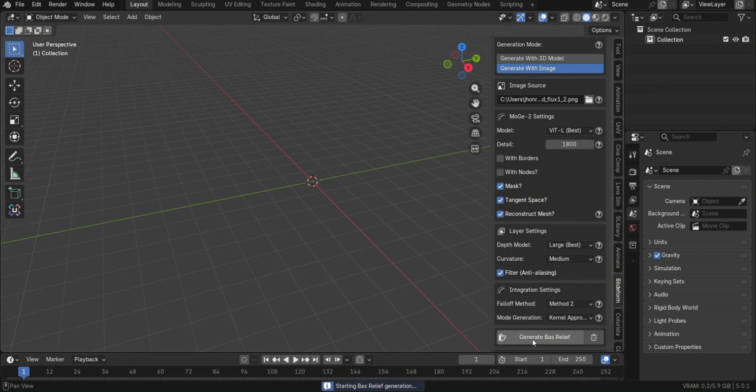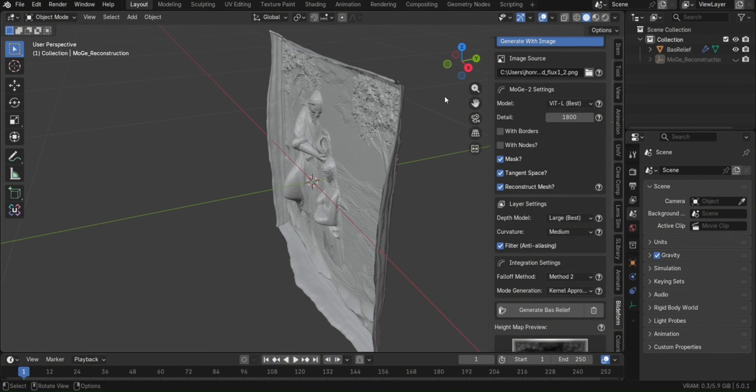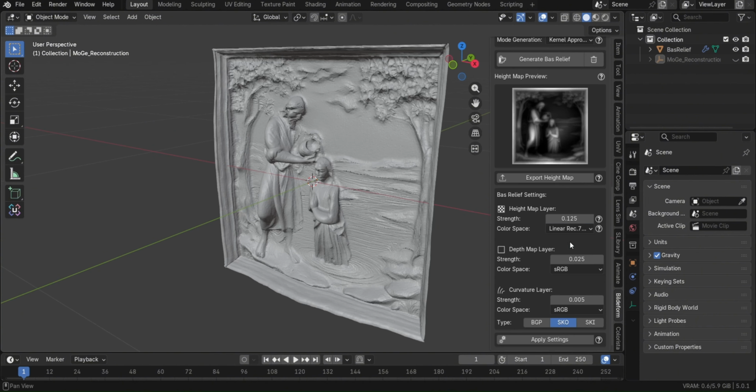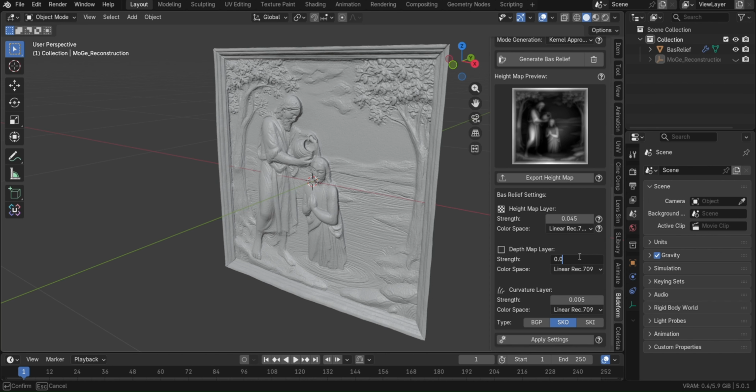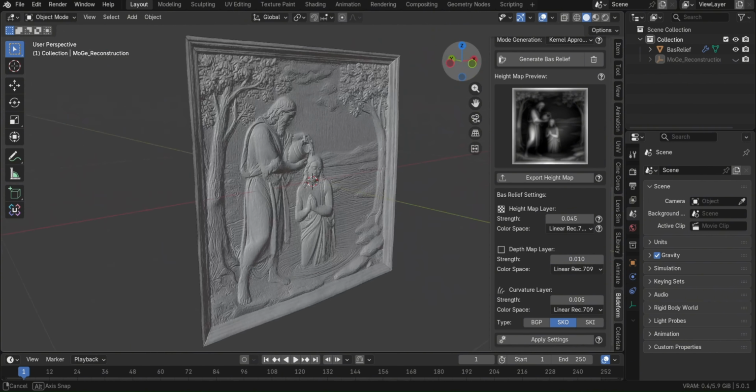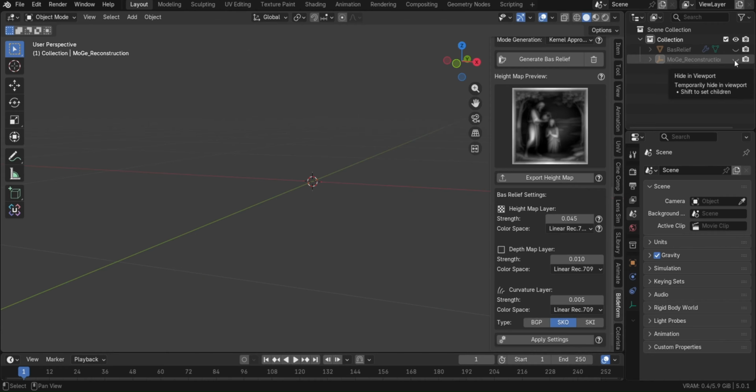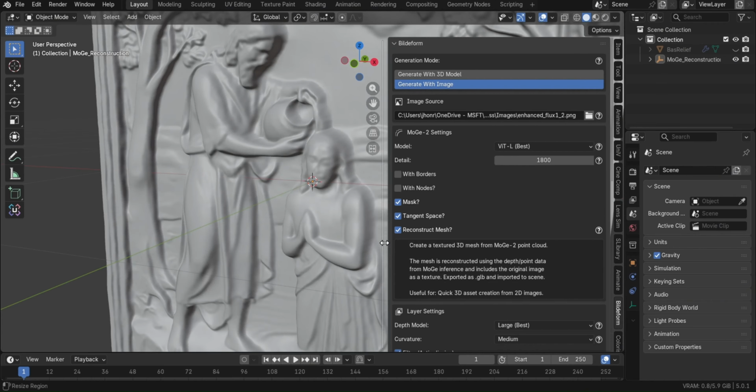The bas-relief is a projection onto a plane, a compressed narrative of the form. The reconstruction, however, is a literal 3D mesh derived from the image's perspective. Note that this mesh is imported hidden in the outliner to maintain a clean viewport. This reconstruction allows the artist to possess the actual volume of the subject, providing a solid foundation for further sculpting